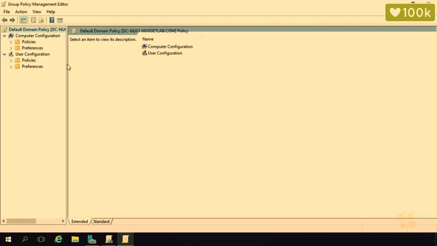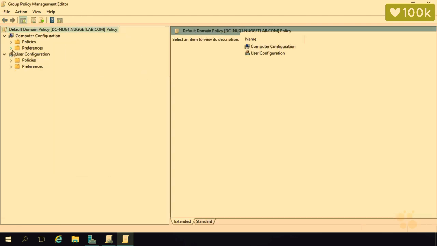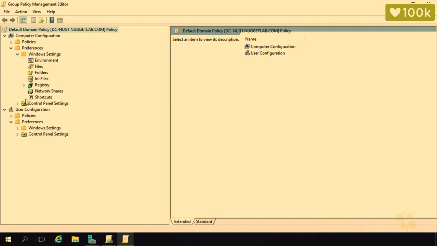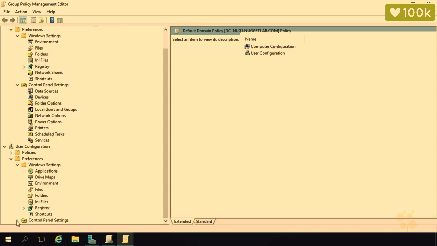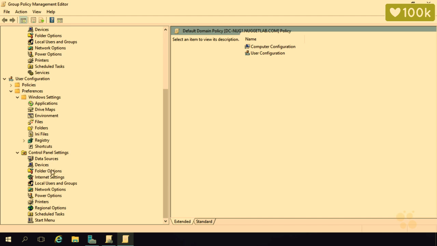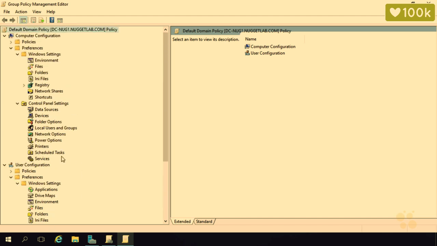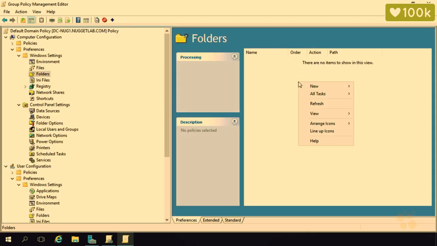So inside of our group policy management editor, there is the preferences area under the computer configuration and the user configuration. Notice it's made up of Windows settings and control panel settings in each of these areas that we can manipulate. So I would love for you to spend some time just looking these over and being familiar with what options exist here. For our hands-on lab purposes, let's do a couple of changes. So let's do this. For Windows settings under the computer configuration, let's go to Folders and let's add a folder